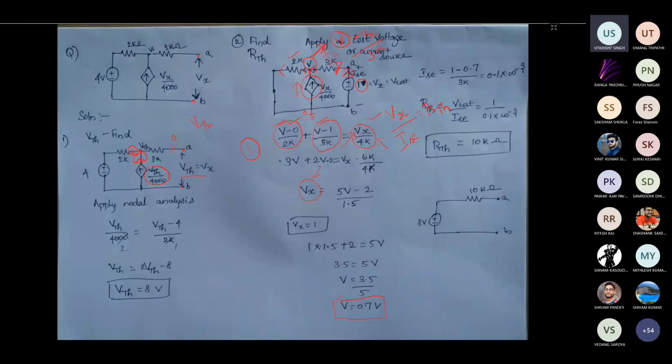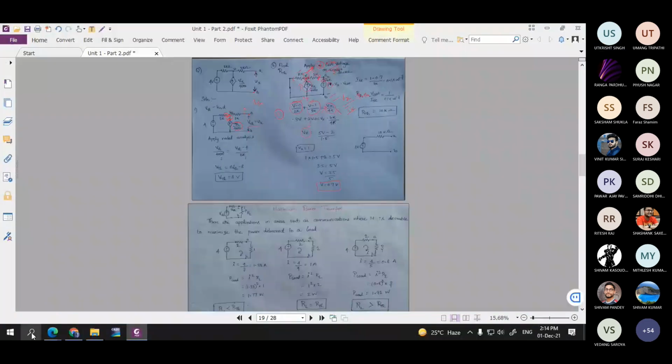Okay, actually I think there may be some mistake. I will check it and tell you tomorrow. I will check it out once and get back to you regarding this. I don't remember why I have done it like this. So I will discuss this in the next class, only for this RThevenin, but the procedure is the same. We can apply nodal analysis at that point, then we can find it out. Then again, let us try it on your own. Let us try it here. Just a minute.